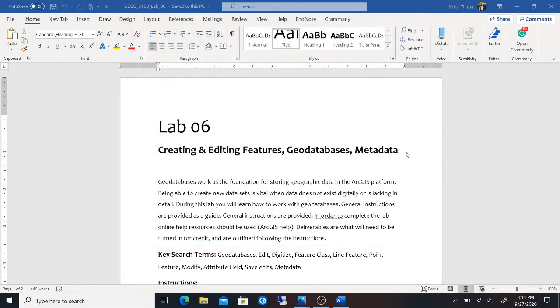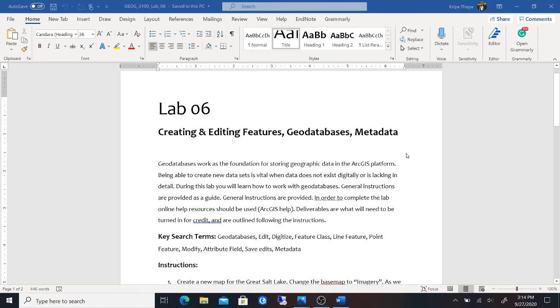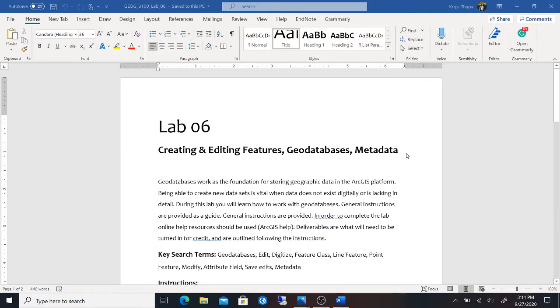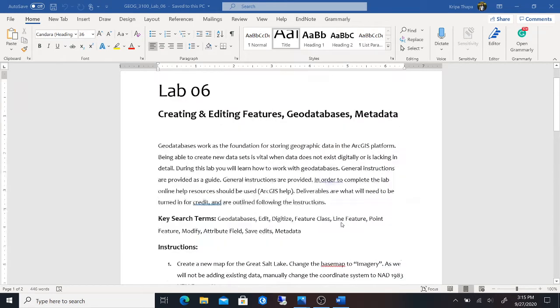We are going to be dealing with digitizing our map and just creating all the features and storing them in our geodatabase. So this is a really fun lab. I'm looking forward to it. So go ahead and re-download the file and open up this Word document. Okay, so